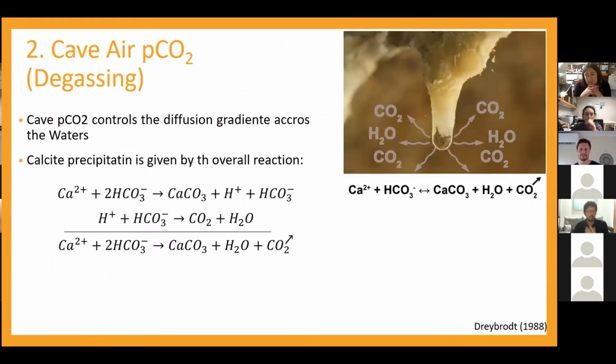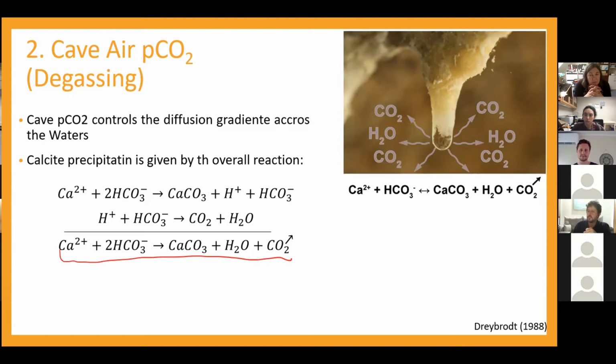But there's another important aspect of the degassing that we should pay attention to. It's not just the fact that it's fast, but also that there's a stoichiometric relationship between the amount of CO2 degassing and the amount of calcite precipitated. Look, this is the global reaction of calcite precipitation: calcium and hydrogen carbonate producing calcium carbonate, and then the degassing. So the global reaction is this. And if you pay attention, for every mole of calcium precipitated, I have a mole of CO2, which means that the amount of calcium carbonate that could be precipitated depends on the amount of CO2 degassed, which means that